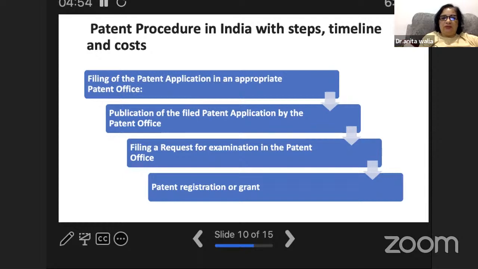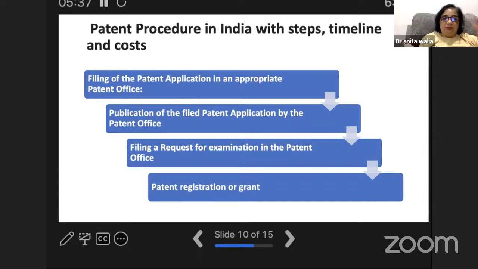So if, within that 18 months, nobody claims that it is their invention, then you can go for the third step. That is filing a request for examination by a patent examiner in the patent office. And you have to do that. It is not like after 18 months it will automatically happen. You have to pursue them. For patent registration, the examination of the patent application, as I said, is not automatically done. You need to send a request for examination. So the patent applicant can file for examination after the 18-month period is over and nobody has challenged your application. If it is a startup company, you have an expedited process also, which you can use.